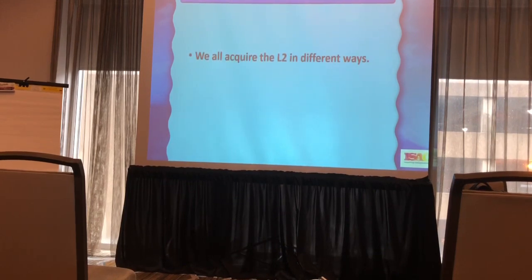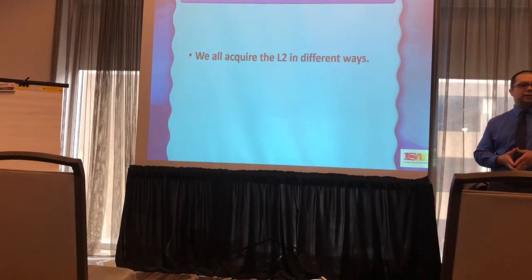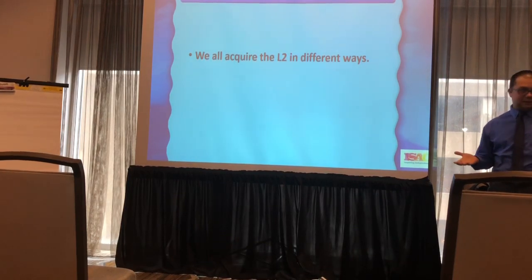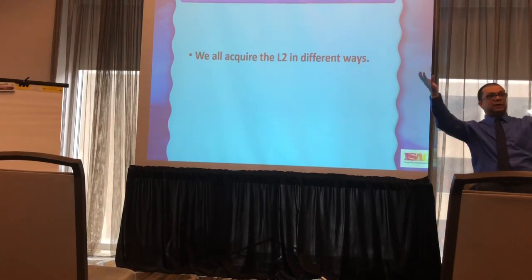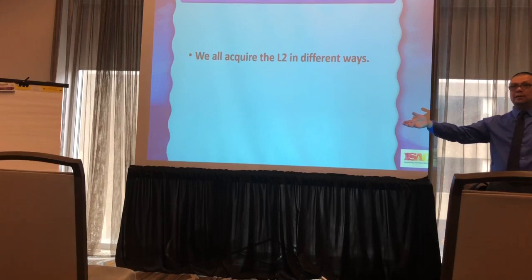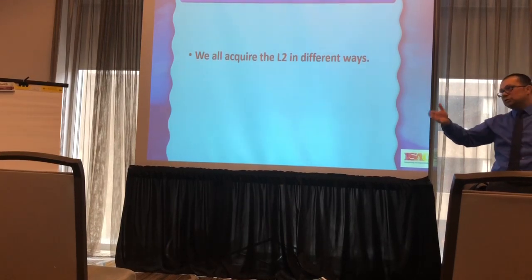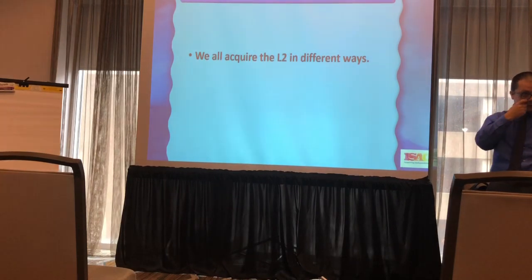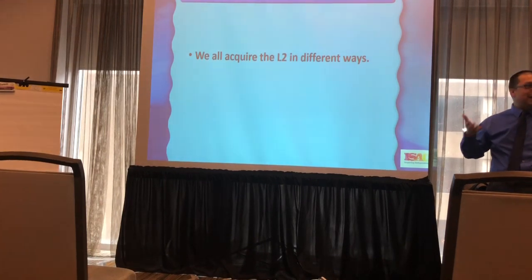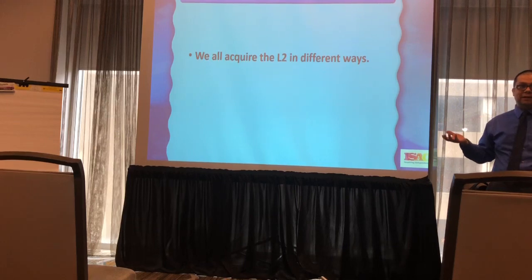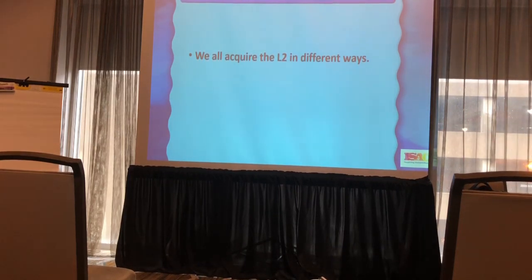Okay. The other thing is that we all acquire second languages in very different ways. We think that because we're in this part of the curriculum, everyone is at the same part of the curriculum. The reality is that we have level 4 APs with kids all over the place with different proficiency levels. That's something that we need to expect. Why? Not because some are smart and the other ones are not smart. No, it's just because we're human and we have different rates to acquire everything in life. See? We cannot expect the same thing from every student.